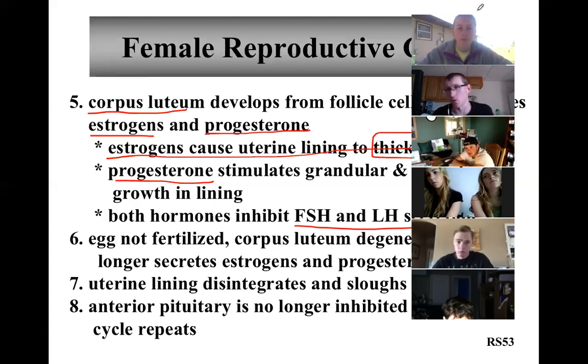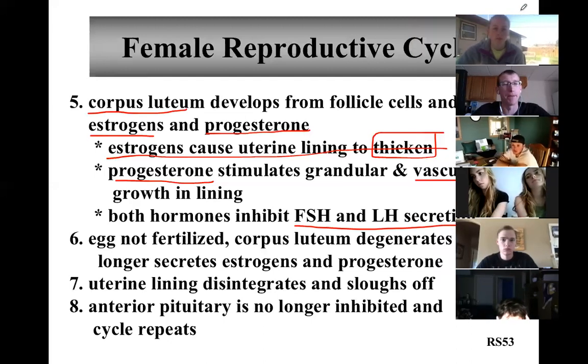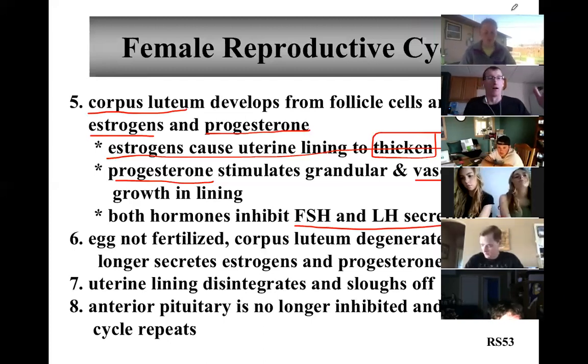This is the reason for the 28-day cycle. 14 to ovulate, hold the thick lining, reduce the lining, shed the lining, thicken the lining again, ovulate, repeat, repeat, until you're 50, right? It's an energy intensive process, but it does a great job. So I really want to finish this slide, but it's 31 minutes and I'm going to be obedient to our time limit. So with that, do you have any questions about reproductive physiology, menstrual cycle, estrogen,